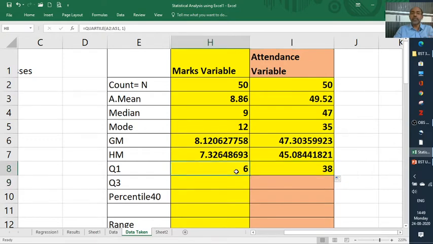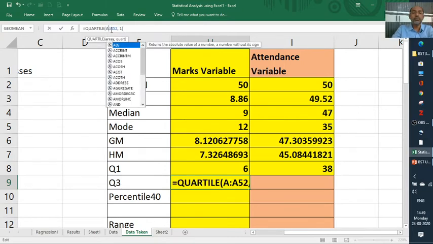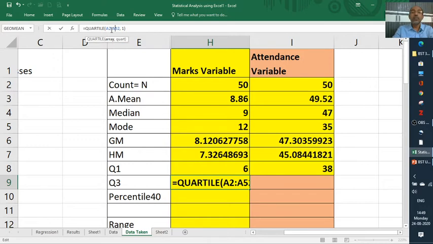Then the same formula is used here, but you just keep A2. Be careful while putting the range of the data.